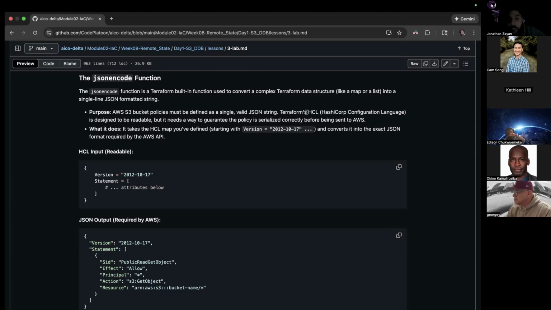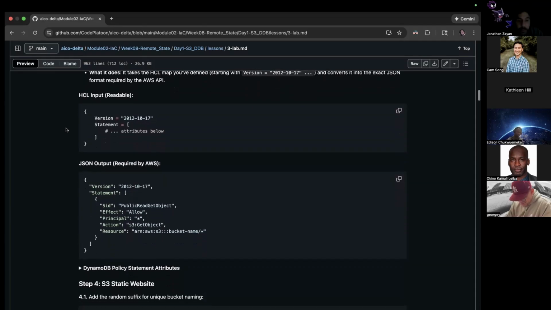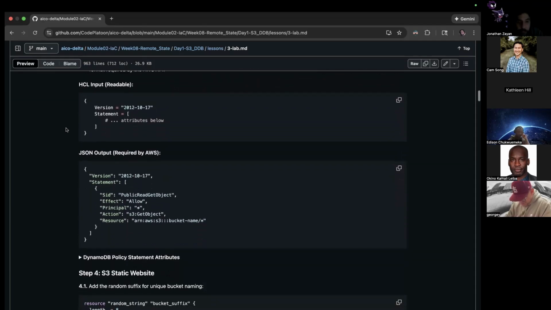And then Terraform's HCL is designed to be readable, but it needs a way to guarantee the policy is serialized correctly before it's sent to AWS. So this is essentially saying you have to do it because the bucket's not going to do it for you. So let me see if this is worth